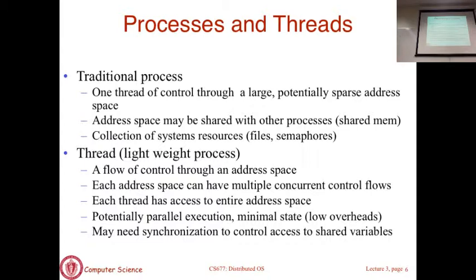Now, from the way it is implemented, each thread gets its own stack. All threads share the code segment. Although you don't have source code, this is all machine code in the code segment. There is a stack segment here. There is a heap segment. Each thread gets its own stack, so each of them is executing some function and it needs space to put its local variables and so on. All threads share the heap. Heap is shared, code segment is shared, but stack is independent for each thread. This is how you will implement a multi-threaded system,